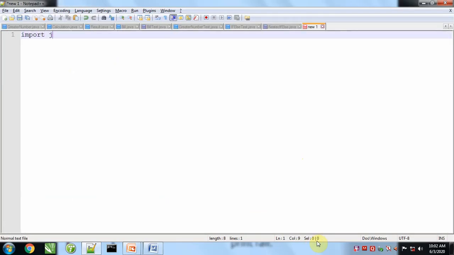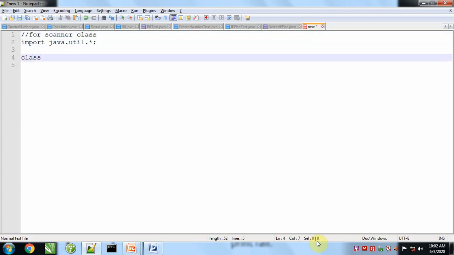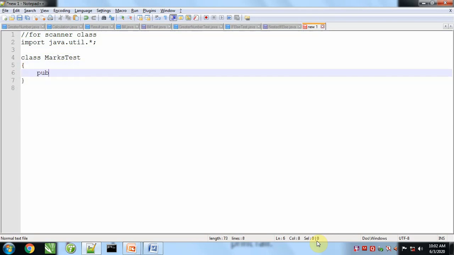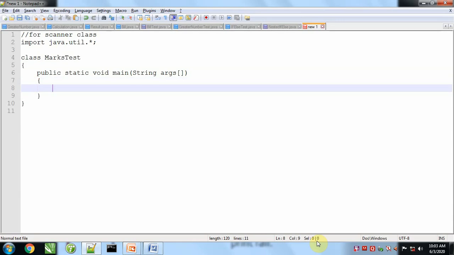First of all, we'll import the util package for the Scanner class. Now I will take a class, MarksTest. Here we will take the main method and we will make an object of the Scanner class.